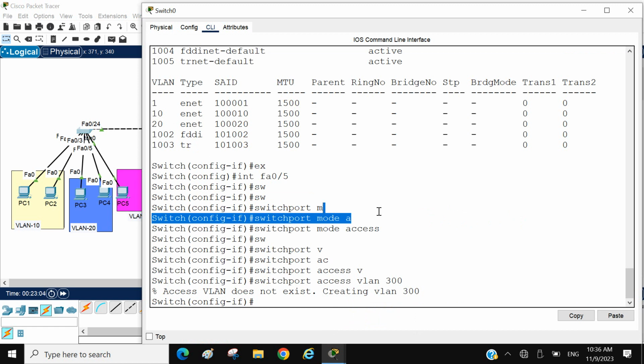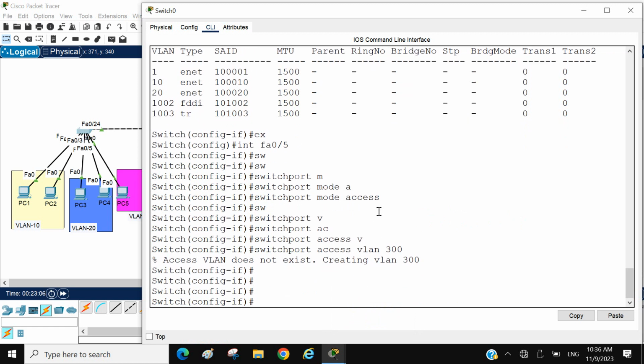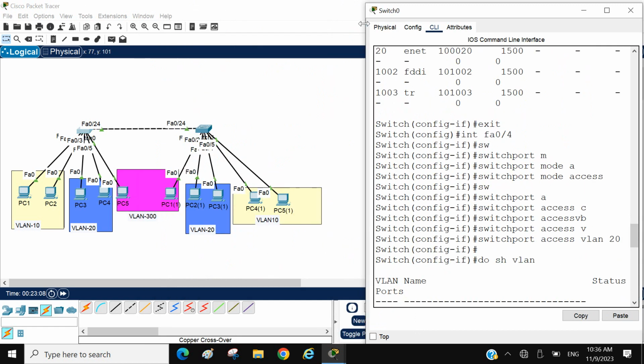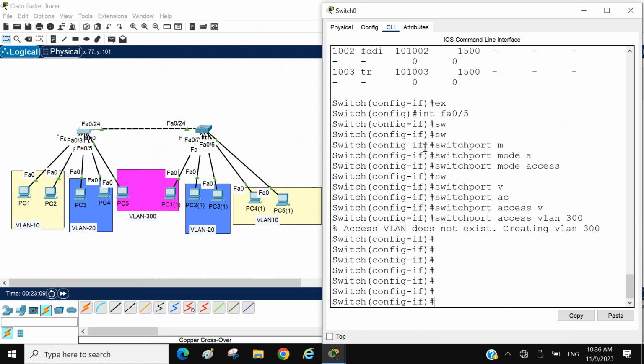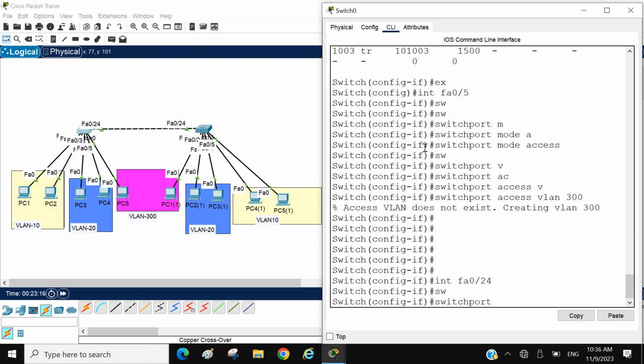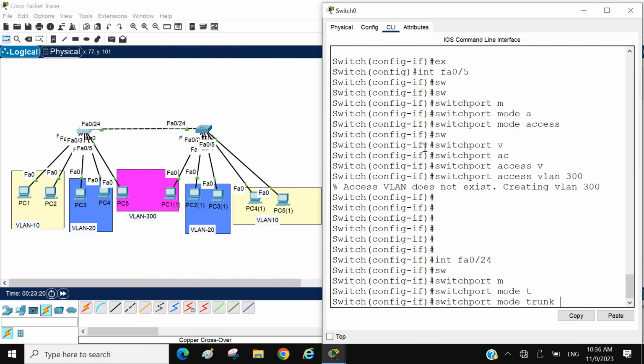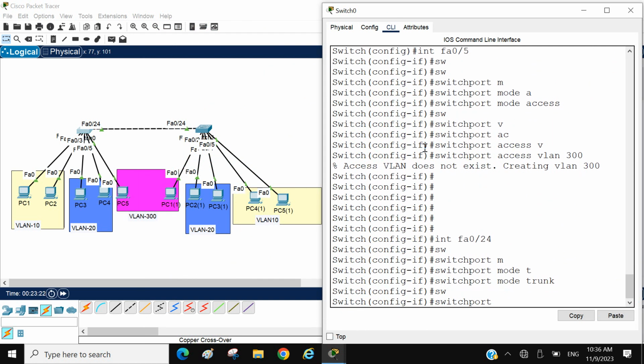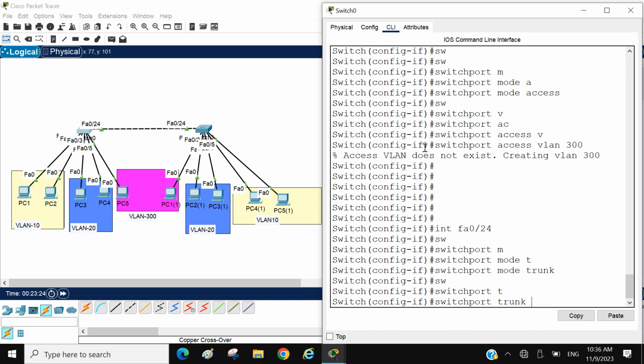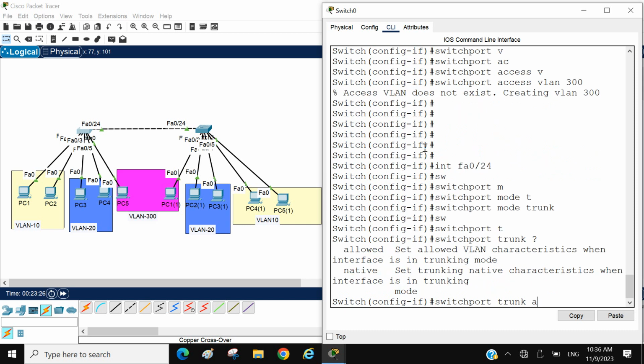What you have to do, I am going to mention which is trunk now. FA 0/24. 24, isn't it? So I should go to interface FA 0/24. Now I am going to put switchport mode trunk. Then I am going to say switchport trunk, then you can allow, can you,